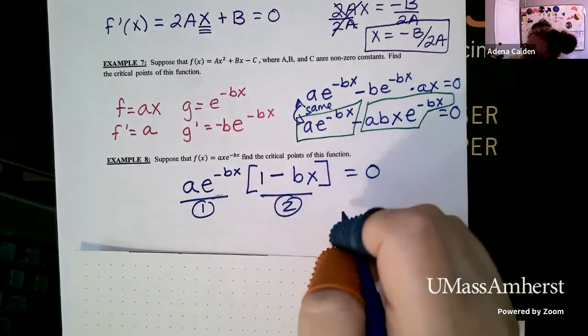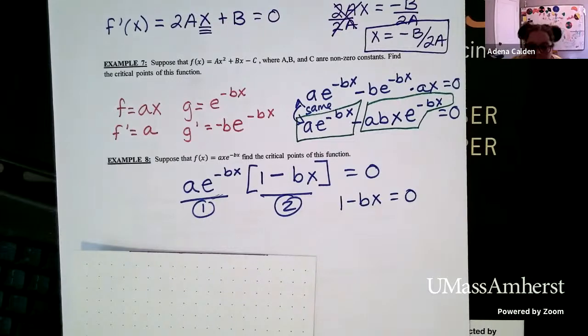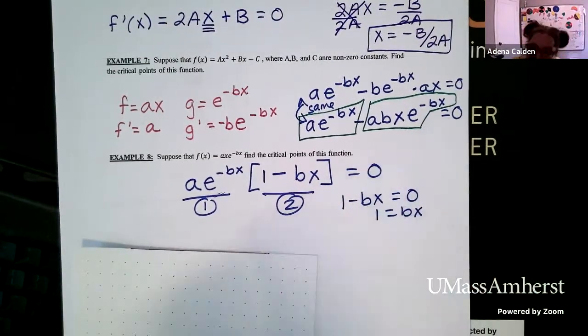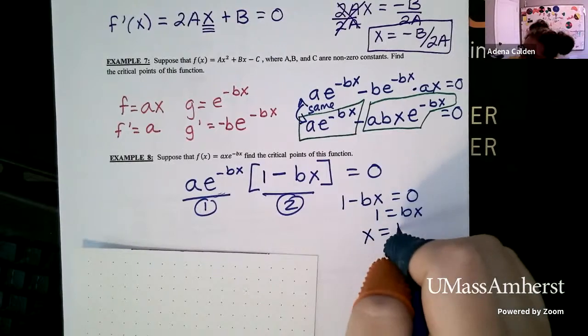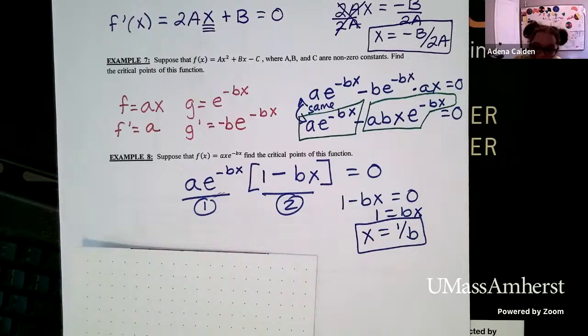Okay, so if I set 1 minus bx equal to 0, I can bring the bx to the other side, divide both sides by b, because as a reminder, we're trying to solve for x. And I get x equals 1 over b. So my critical point here, the point that will make the derivative of this function equal to 0, is the